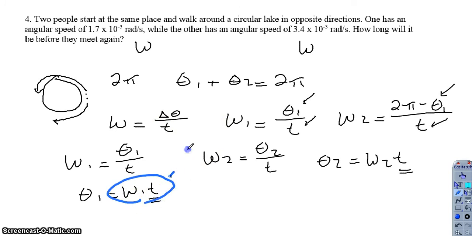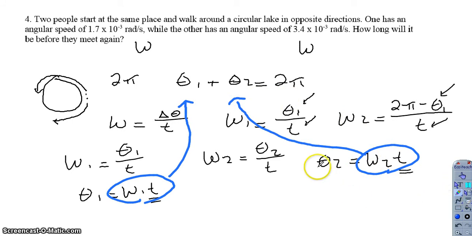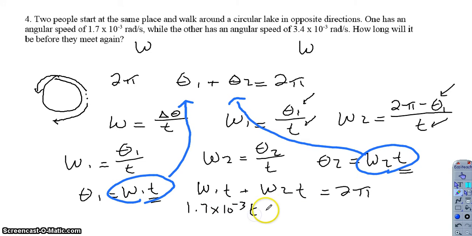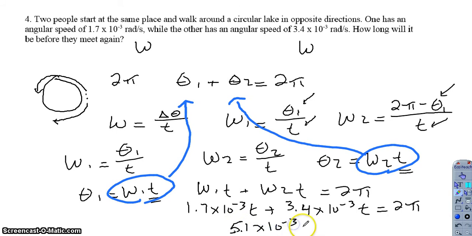So we take this quantity, plug it in up here. We take this quantity, plug it in over here as well. And again, we take advantage of the fact that we do know that they are the same time. So we take our first angular velocity times time plus our second angular velocity times time equals 2 pi, and we plug in the numbers that we know. So 1.7 times 10 to the negative third t plus 3.4 times 10 to the negative third t equals 2 pi. And then it's just a matter of solving for t. So combine your like terms, 5.1 times 10 to the negative third t equals 2 pi, and then solving for t we get